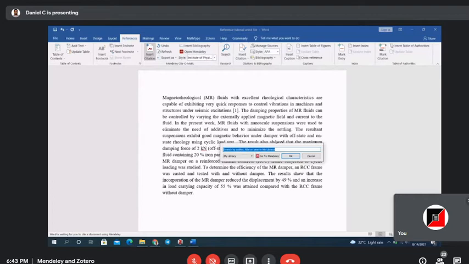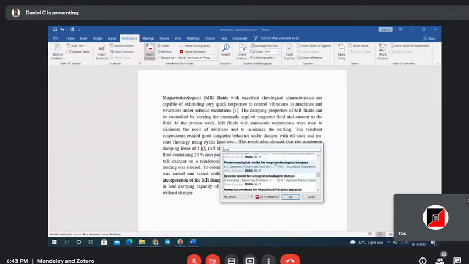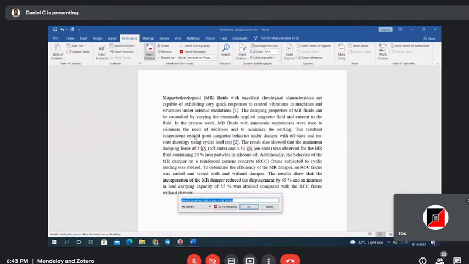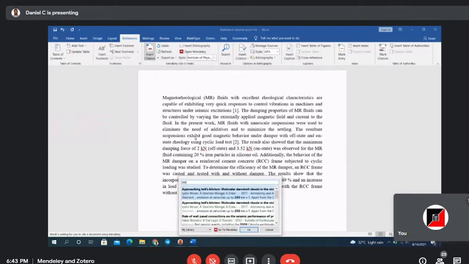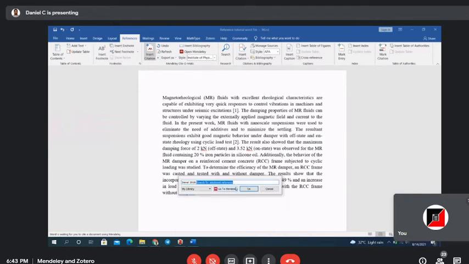I will search by year, 2020. And at last, one more insert citation, and next is 2018. Okay, now I have added three references.